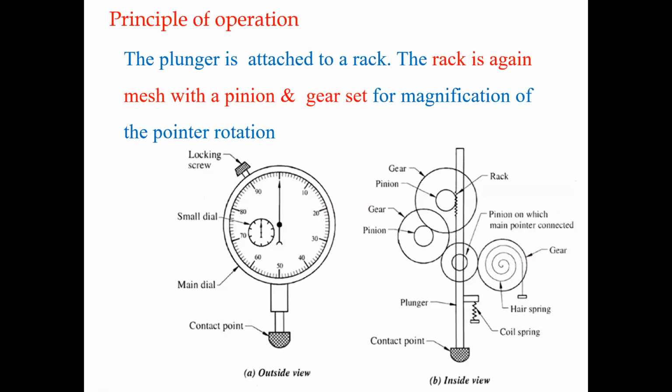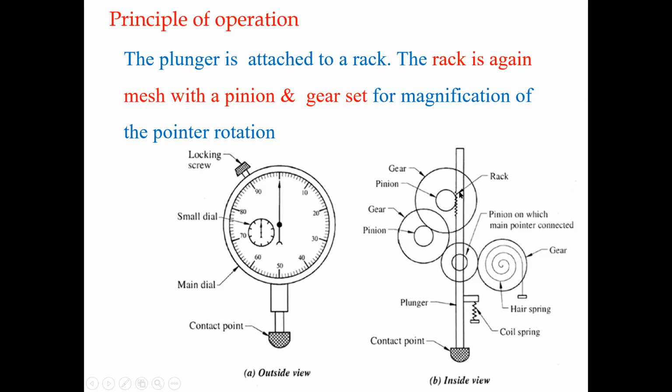If you observe the internal parts of this dial indicator, it consists of a plunger. Yes, this is the plunger, the vertical bar. It has a contact point at the end, and at the other end there exists a threading, that is a screw. Simply, threads are there. You can call it a linear screw. This is called a rack.